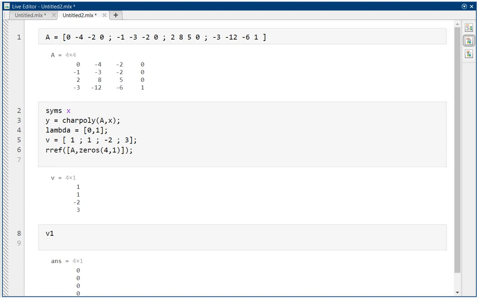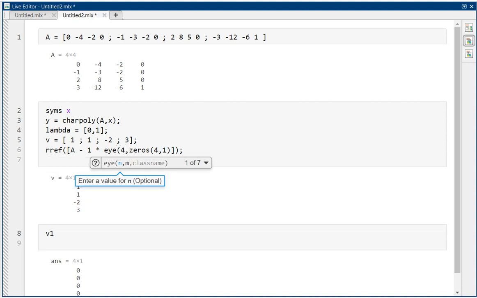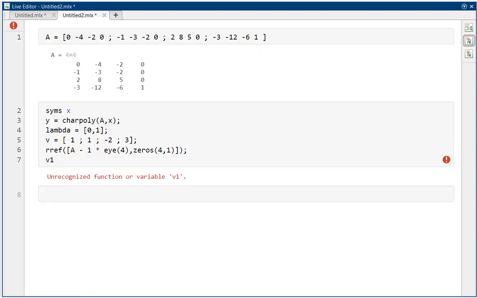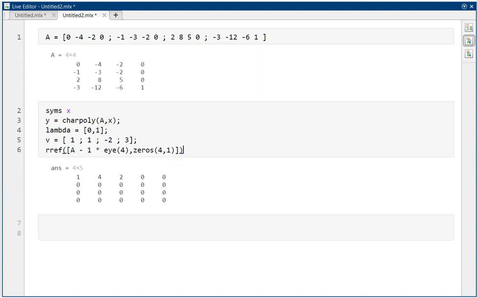I haven't done this example yet. I don't know how it's going to turn out. But we can certainly find out by doing what? I row reduce A minus lambda times the identity matrix of size 4. And drum roll, we get to see what we get when I get rid of that V1. Oh, and I take the semicolon off so we can see. So yeah, now this is interesting. Looks like we're only going to get 2 linearly independent